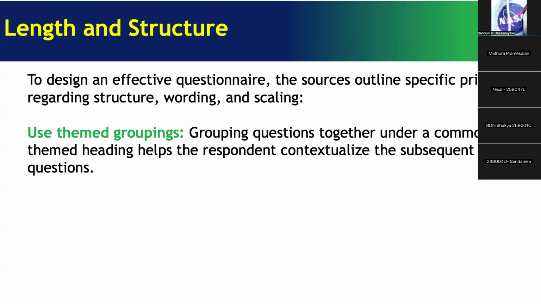So if you are talking about fruits, for example, if your theme is about fruits, don't suddenly ask about the price of cement blocks or price of sugar. If it is about fruits, those two questions are not related to that theme. So grouping questions together under a specific theme would help the respondent to respond, and that is something that